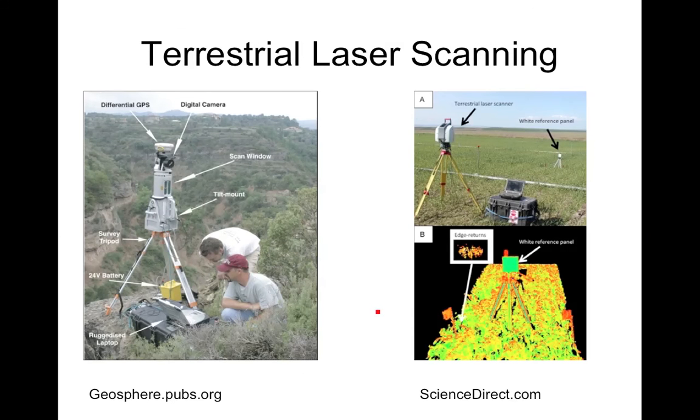You can use terrestrial laser scanners. So here's exactly one of those. It shoots off a laser off into the distance. Maybe you might have a reference panel off in the distance, and then it measures how long it takes for the laser to hit various points and reflect back, and you can get reasonably accurate measures of the soil surface. Now it can't shoot through canopies,